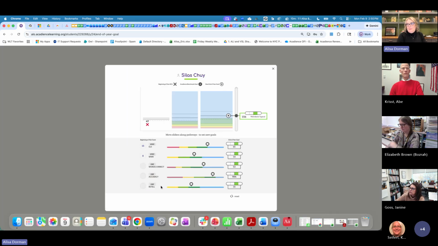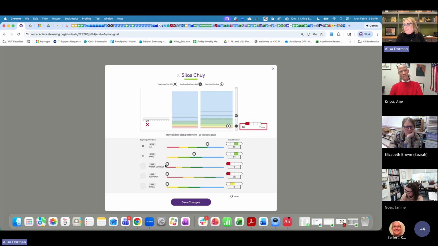This is just an example, but if you wanted to change this, and of course I wrote them down for the other student and then I didn't write them down for this kid. I usually try to write them down so that I can just show you, because I don't know if somebody else has customized it or not, but I'm going to just show you the function really quickly. So I can start with all of them here, and you'll see there is no composite score, and then I can start to make decisions.